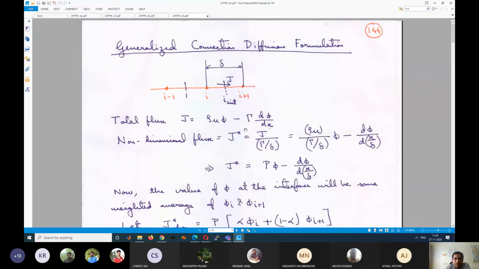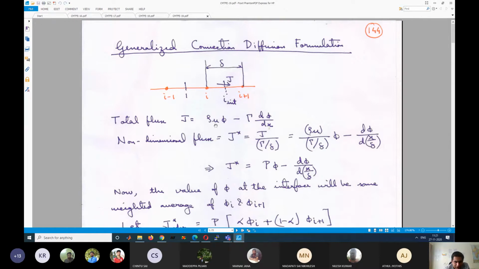So all this, the generalized equation, we will derive in terms of Peclet number, in terms of coefficients which are functions of Peclet number. Then we can substitute those coefficients, as we will see later, for different schemes. For each scheme, it is some different function of Peclet number. So it's just a matter of substituting the coefficients.